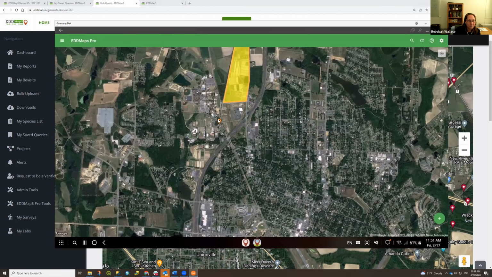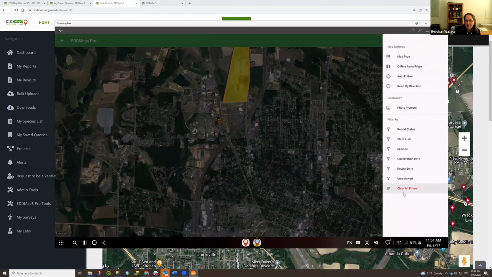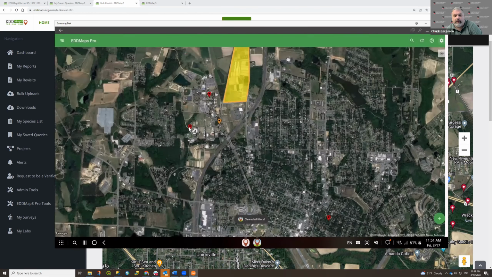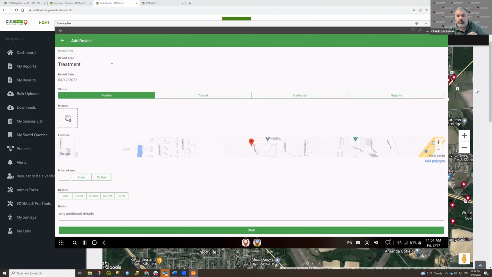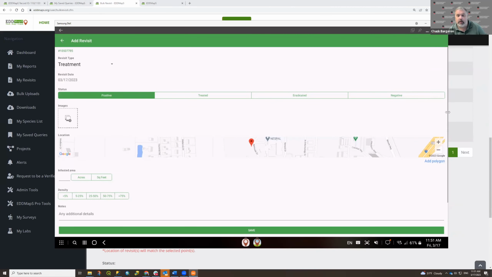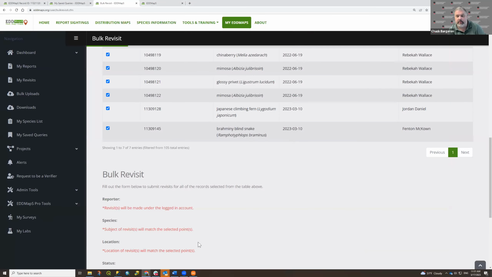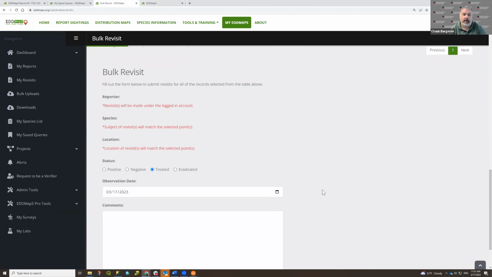is a lot more, let me clear filters. There we go. And one thing, Rebecca, we're going to be adding to that page that you were just on, the ability to upload a KML file. So if you know the area that you were working in and you have it as a shape already, then you will be able to upload the KML. It'll show up on the map, and then select the records within that boundary box. And it's also going to show you the size of the boundary box on the page as well. So those are two things that are in development that should be available in the next couple of weeks, actually.